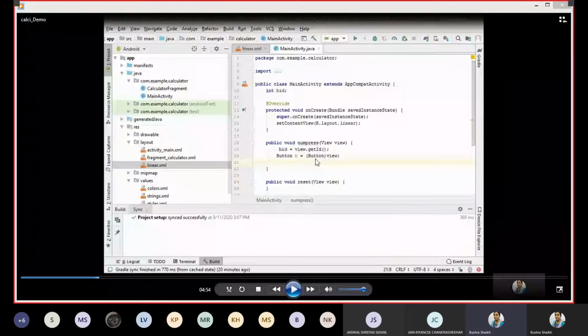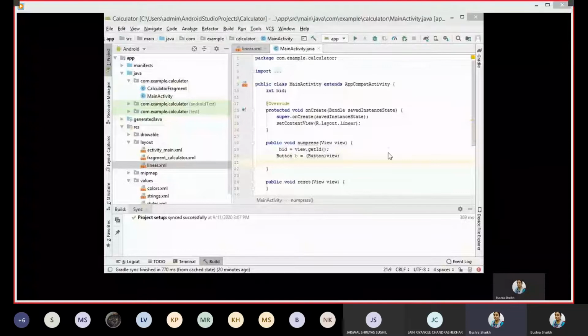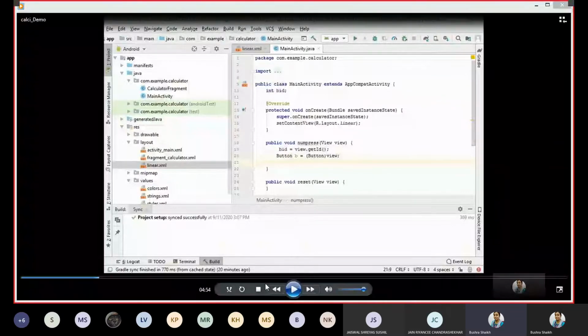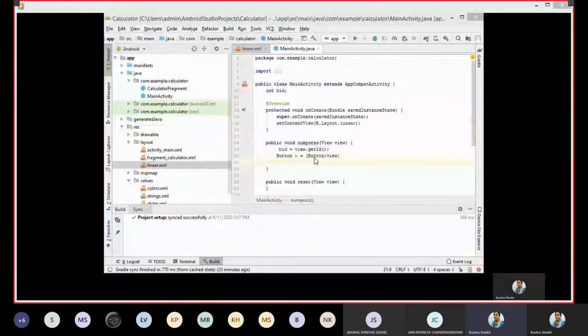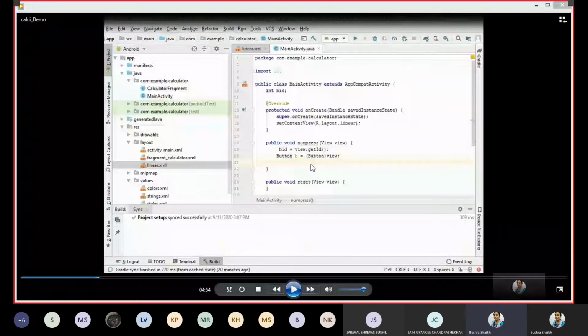So usually we used to call a method findViewById here, and then we used to pass R.id.respective button's ID. But then, students, we have around 9 to 10 buttons, so it's not feasible to go and create the instances for each and every button ID that we had. So what we have done here is we have just generalized it: all the buttons inside the object named button, and we have simply typecasted it to its specific type class, that is Button. Okay. And we have not used that findViewById method here.